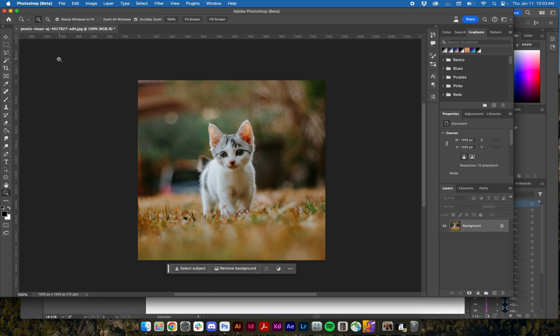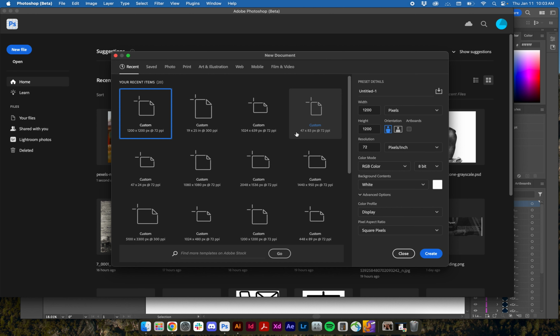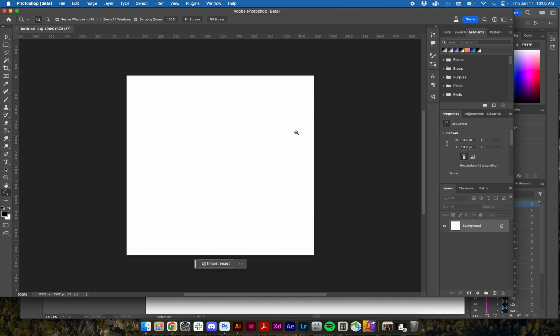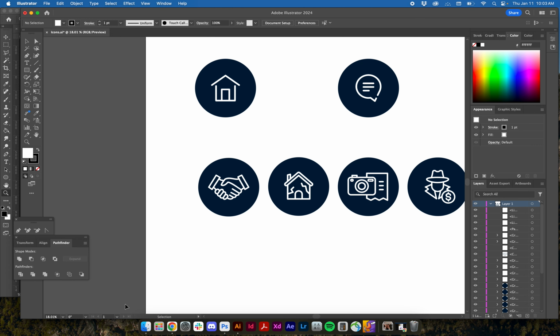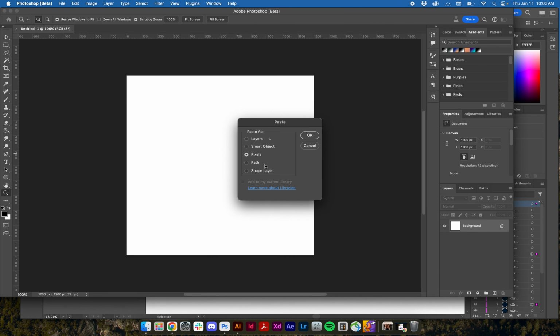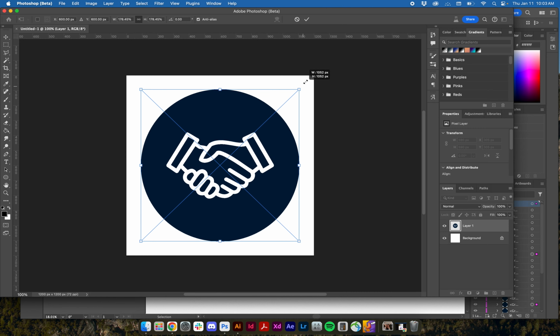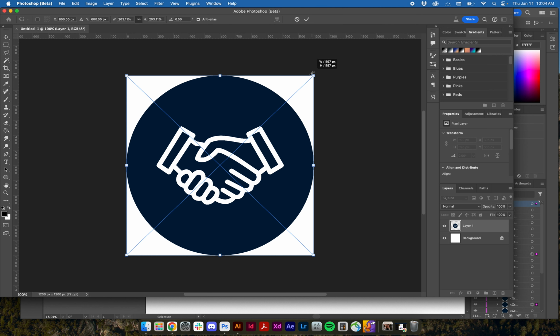save for web dialog. Now, similarly to that, we can spin up a new file here that's 1200 by 1200, which works great. And over in my Illustrator, I have a vector graphic, and I can just copy and paste that into Photoshop. I can choose whether I want to have it in here as a smart object or a pixel layer, or however I want to do that,